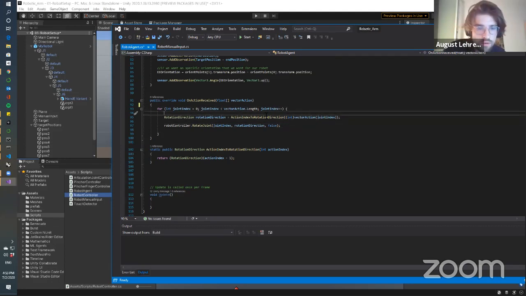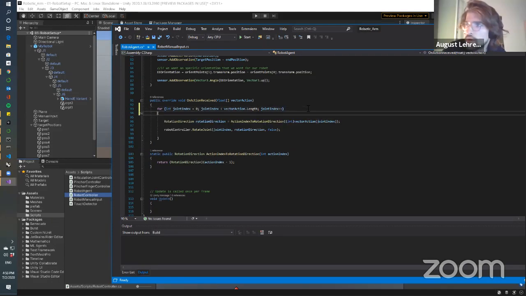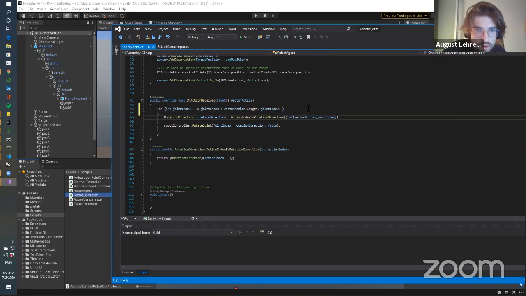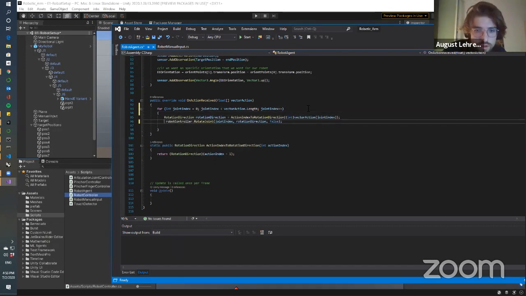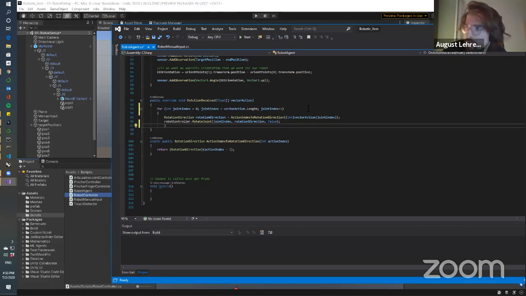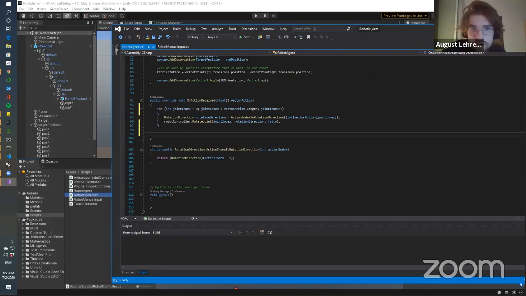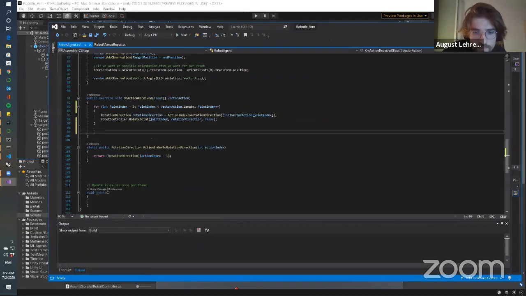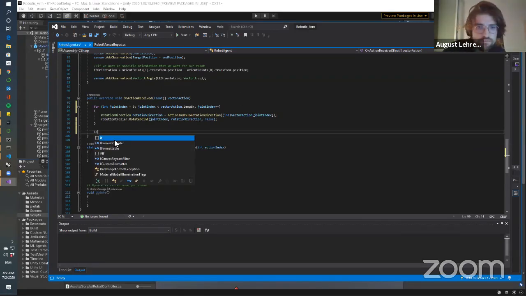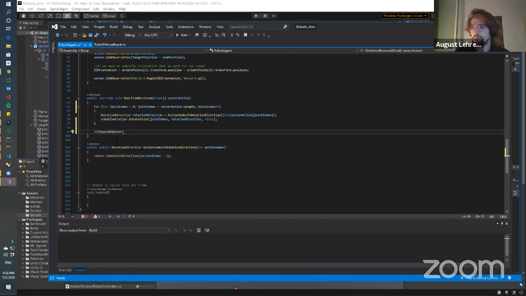I'm sorry, I'm a little tired of all this coding. So I'll put this here, this here. And here we need to also do something about what happens when we touch the target. So we will say if touch detector has touch target,